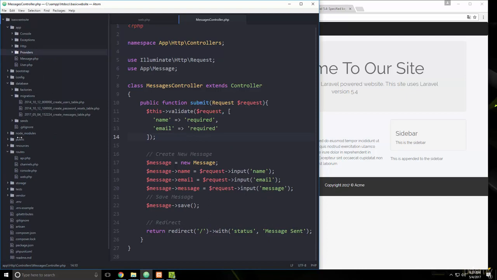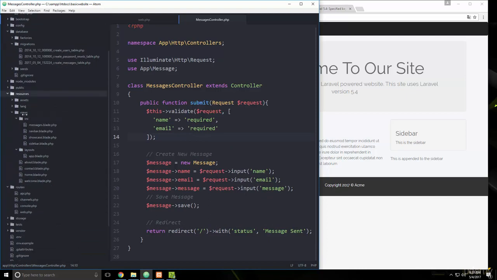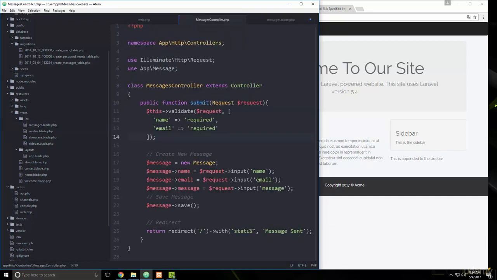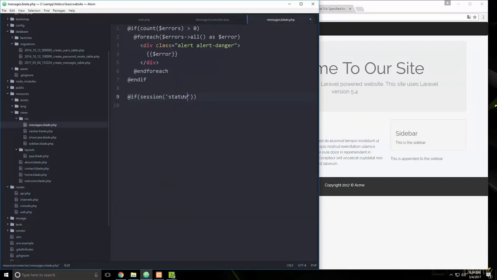I'm going to use the message include. So in views inc and then messages.blade.php, and we'll go right under where we did the errors, and we'll do an if. We'll say if session status. Actually, instead of status, let's put success. Okay, and then if session success,